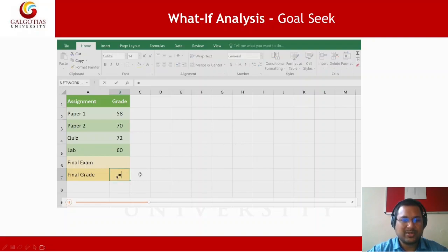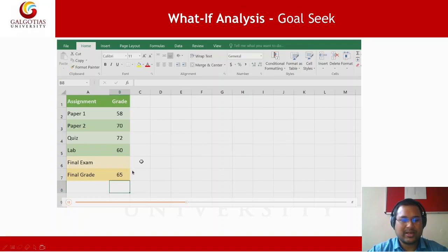First you need to know the current average, so you add all of these including the final exam. What average will come? It will come to 65. So the average is 65, and now you want your final grade to be 70.